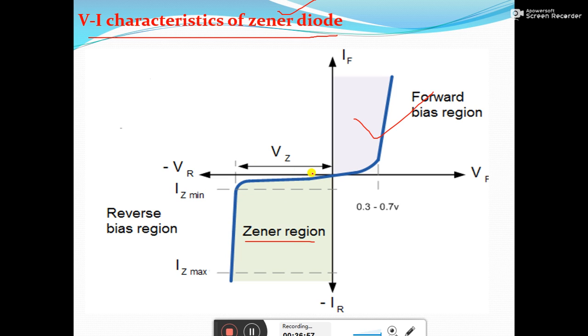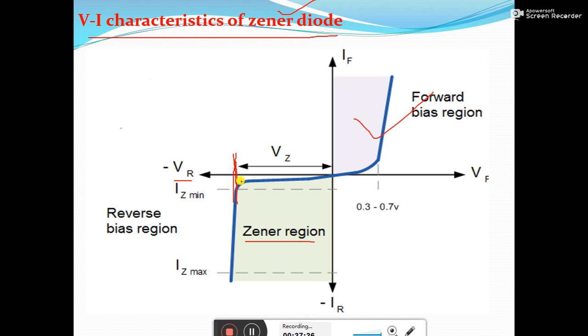You can see that till the reverse voltage is less than the Vz value, a very small amount of current flows. This is due to minority charge carriers, and this is known as the reverse saturation current, which is also present in the normal PN junction diode. But the important key feature of the Zener diode comes into play whenever the reverse voltage is increased beyond Vz. Whenever the VR value is equal to Vz,